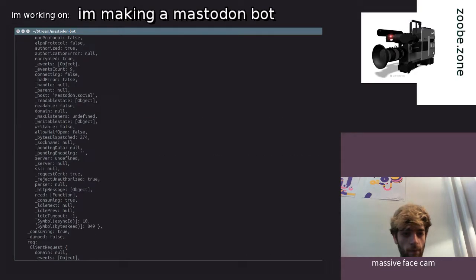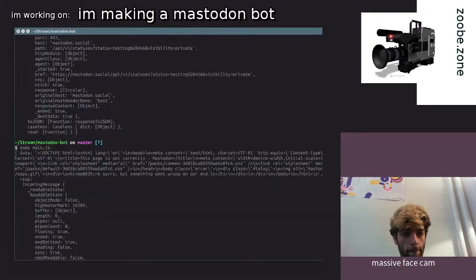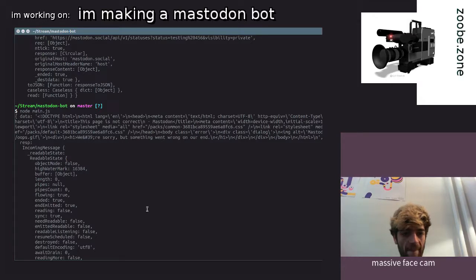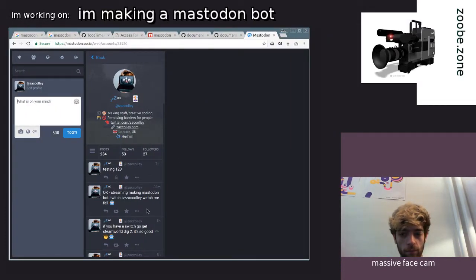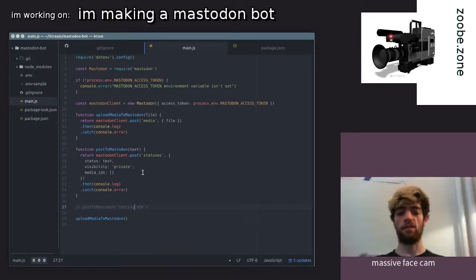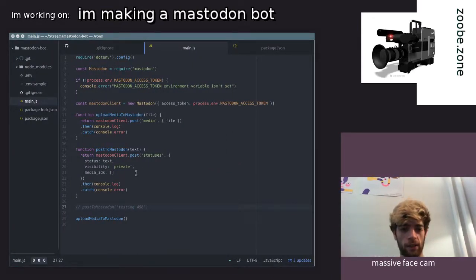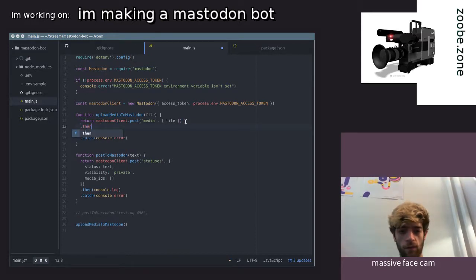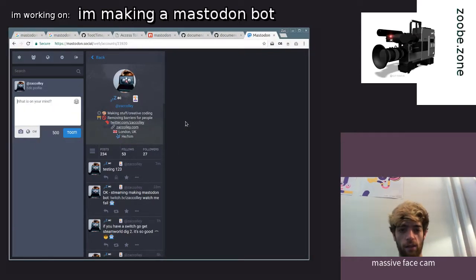Where the grapes are? Should have got the green one so I don't blend in with the sofa. Oh. What are you building? Mastodon bot? Cool. Well, like a Twitter bot, but for Mastodon. Yeah. So